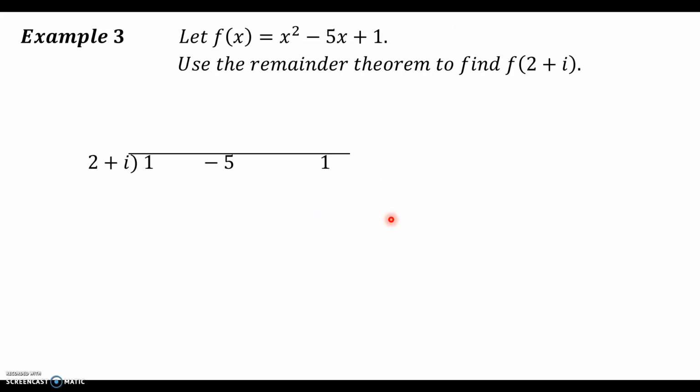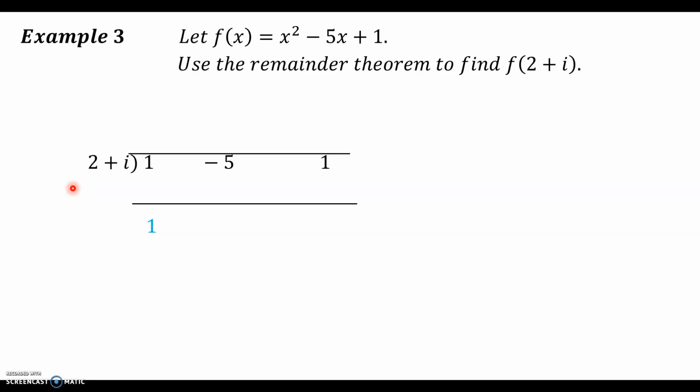Now, let's take a look at this. Up to now, all our examples have only involved integers, and I want to make sure that I show you an example that involves a complex number. So now I'm going to use the remainder theorem to find f of 2 plus i, for when f of x is x squared minus 5x plus 1. Same thing, I'm going to set up, put my 2 plus i here,